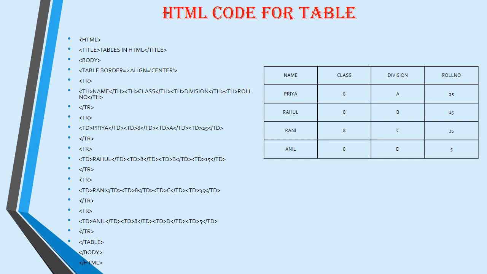In this table, I'm specifying only two things. I want the table at the center of the web page, and I also want the border as 2. Two means we want a small thickness only. Next, each and everything is starting. That means this is the first row. This is the table which I wanted to draw. This table I want to draw.